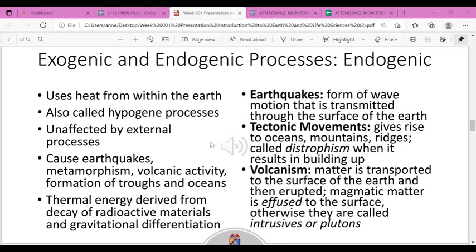Okay. A form of wave motion that is transmitted through the surface of the earth. Okay, so ito na yung tectonic movements. It gives rise to the ocean mountain ridges called diastrophism and as a result of building up. So merong nagbi-build up kapag meron tayong tectonic movement. So yun sa tectonic movement, boys and girls, no,